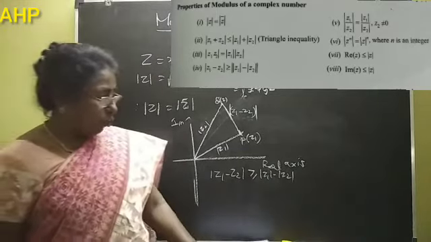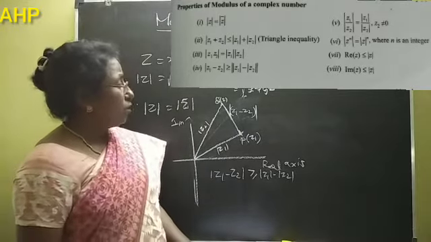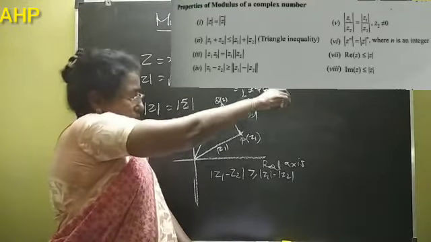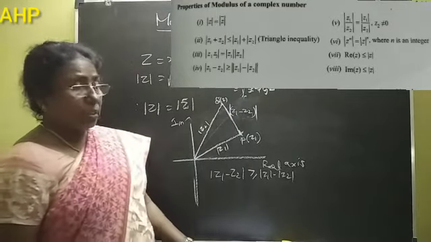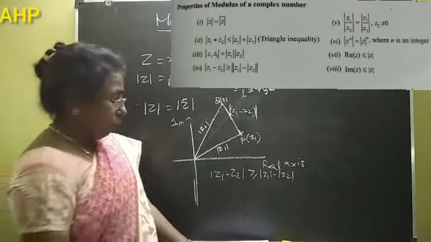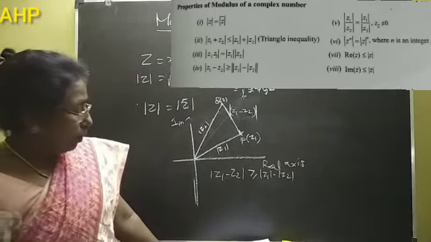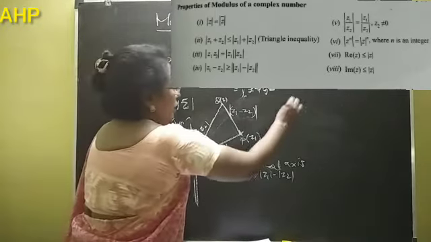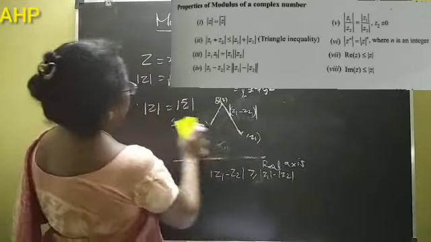We also have the next property, modulus of z1 by z2 is equal to modulus z1 by modulus z2, and modulus z power n is equal to modulus z the whole power n, where n is an integer. Now real of z